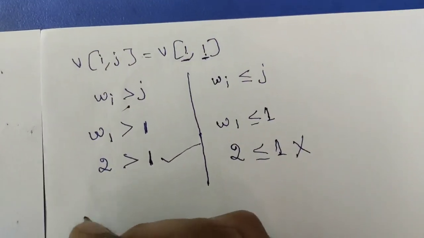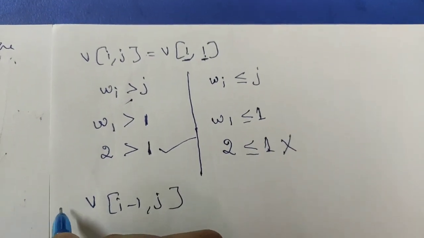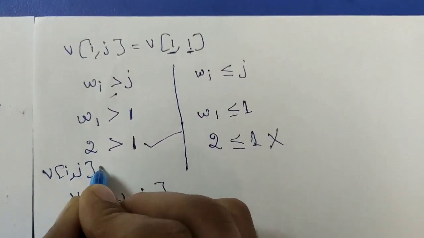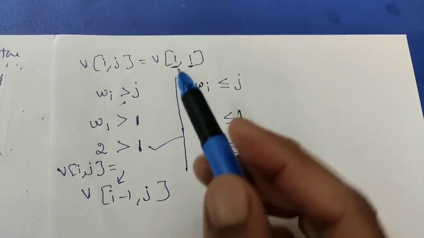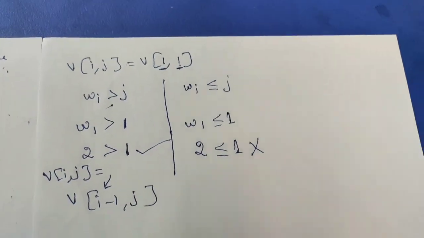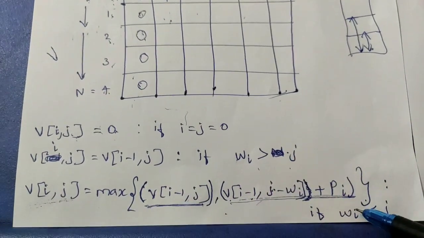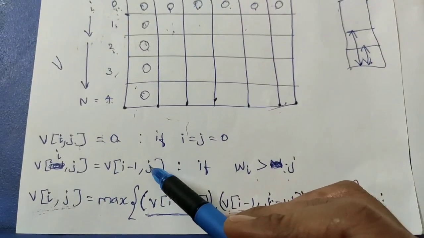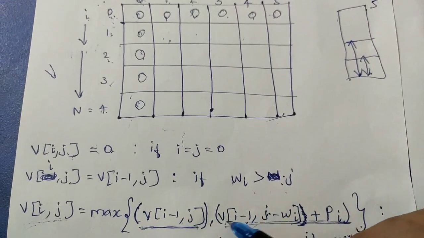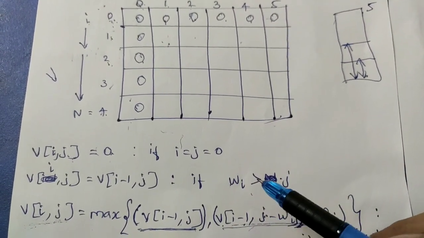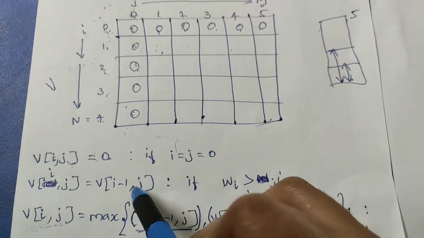So let us write that formula, v of i minus 1 comma j. This is the formula. That is, v of i comma j should be initialized with this formula. Now let us go for filling the location 1 comma 1 with this formula. So you have to select any one formula out of these two by checking this condition and this condition. If this condition is true, use this formula to fill the knapsack matrix. If this condition is true, you have to use this formula to fill the knapsack matrix. Now this condition is true for this location 1 comma 1. So I am just using this second formula.